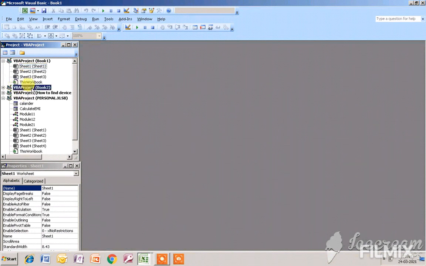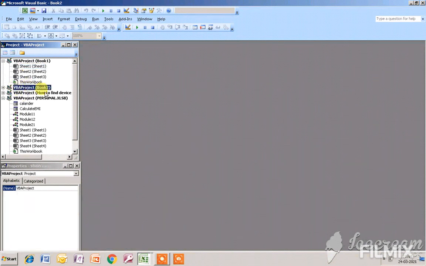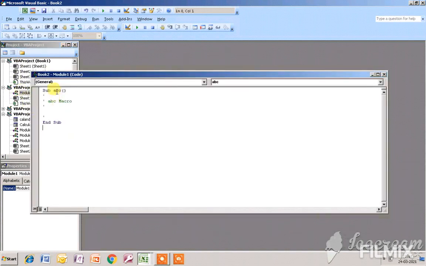After I click OK, if you go to Visual Basic, you will find a new VBA project in the Book2 has been added automatically. I have not done anything else. Okay, and if you click here, you will see a Module1, but before there is no module. Okay students, and the macro that you are going to record, you will find that macro under the module. If you double click on here, you will find ABC, the macro name that I have just given. Okay, and the macro will record here only. You will see that macro that I am going to record here only.